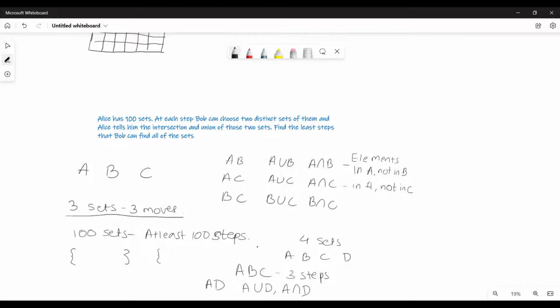Yeah. Okay. Maybe you can induct on it. Yeah, correct. Also, can you prove that for 4 sets, 4 is the minimum and you cannot achieve it in 3 steps? Like in 3 steps, you can at most get those 3 sets. Yeah, but suppose